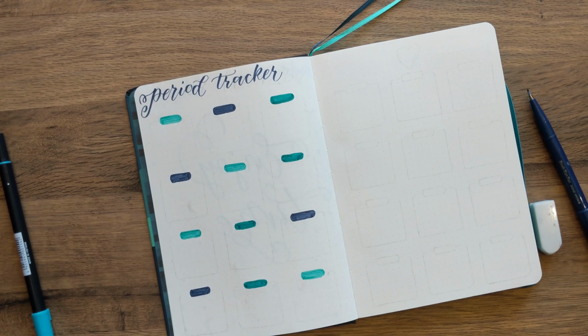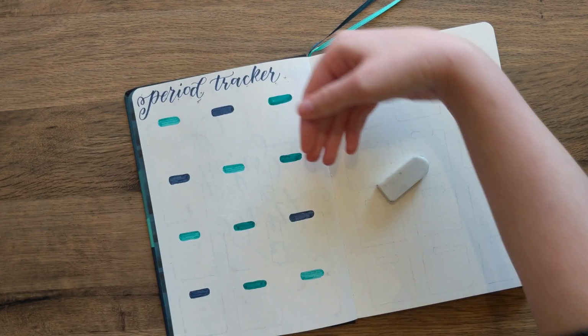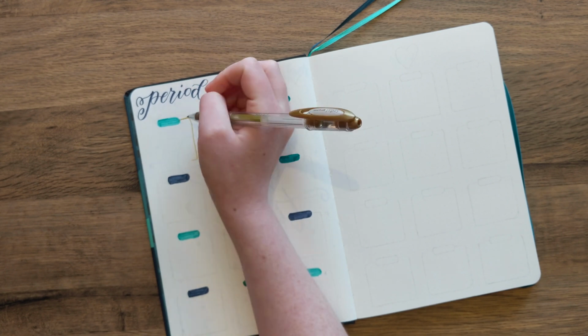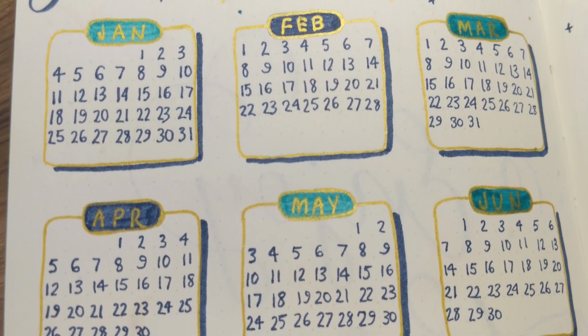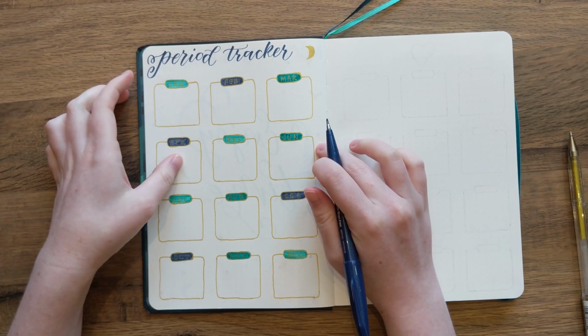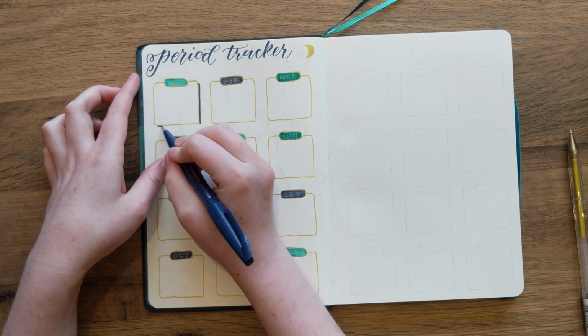I also rounded off the headers a bit, like the detailing on the front, and I've added a box for each month and then curved the corners around those boxes. I also added a border around each header and then wrote each month in gold capital letters. I felt like things looked a bit plain, so I added a shadow to each box using my black blue